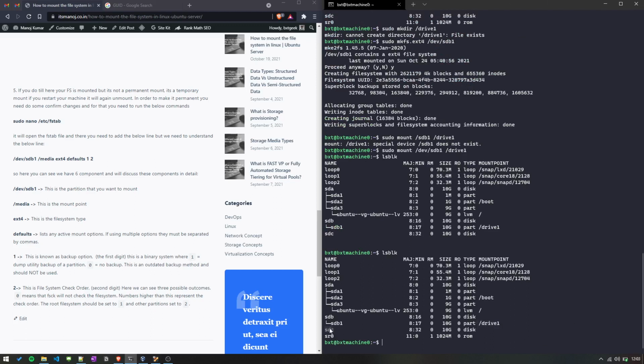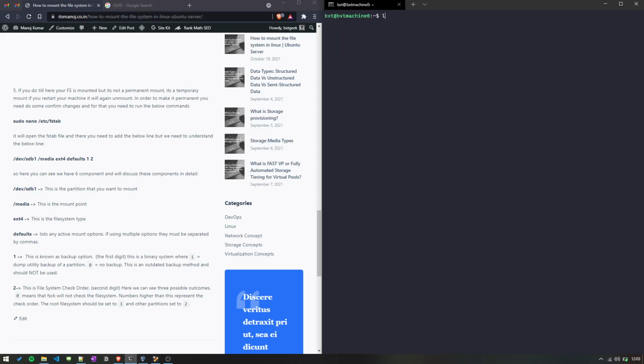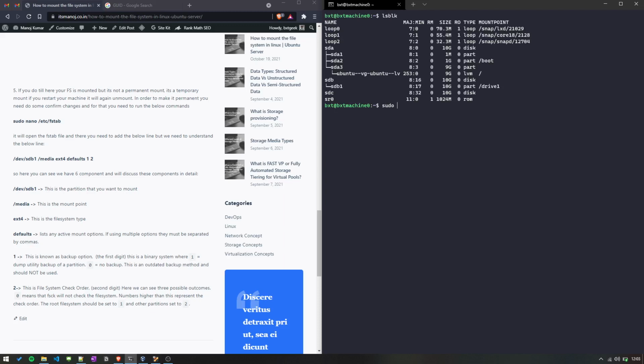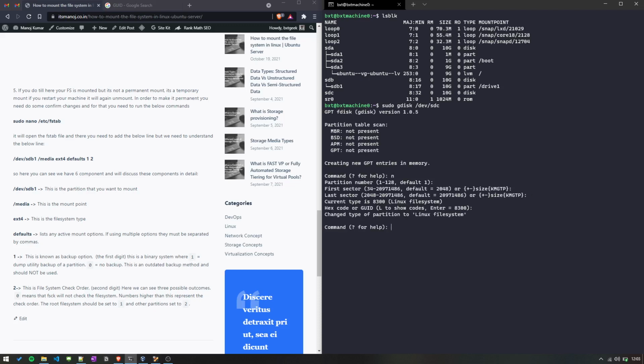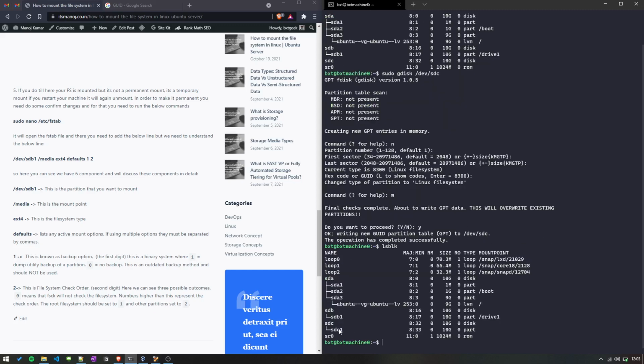Now we'll see how we can mount another drive, that is sdc. Let's see how we can mount that. First we run lsblk, then sudo gdisk, now /dev/sdc, our drive. Again the same, we'll go for N, and all things will be set as default. To save, we press W, and it's asking for Y in order to proceed. It's created. Now we'll run lsblk again, and a new partition is created.